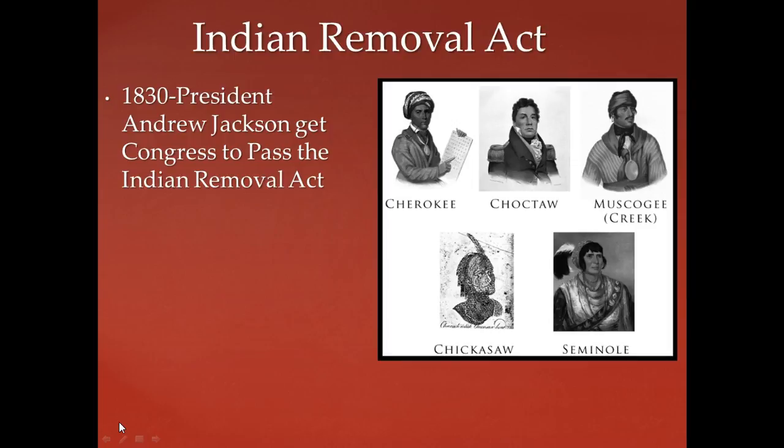This brings us to the 1830s, in which we meet President Andrew Jackson. He gets the Indian Removal Act passed by Congress in 1830, and that empowered Jackson to evict by force all of the Native Americans living east of the Mississippi River. That included the 5 civilized tribes,